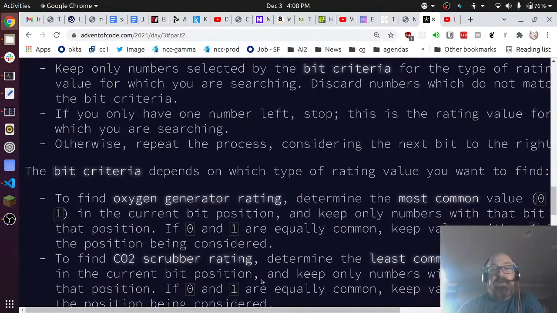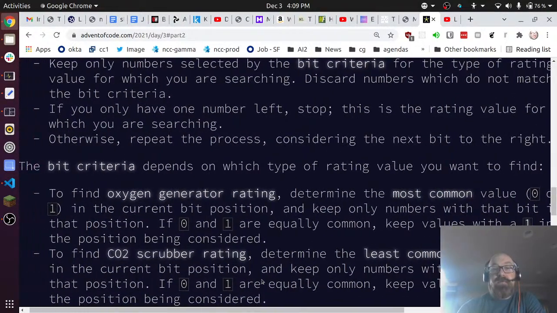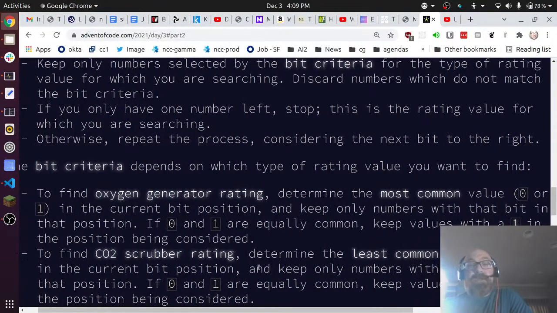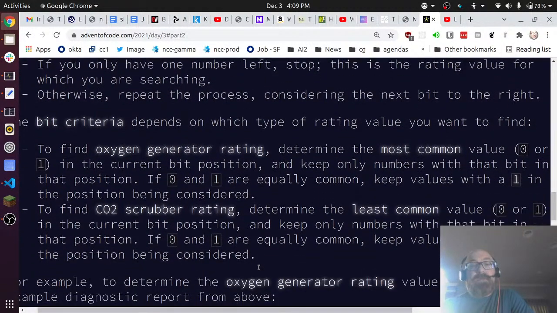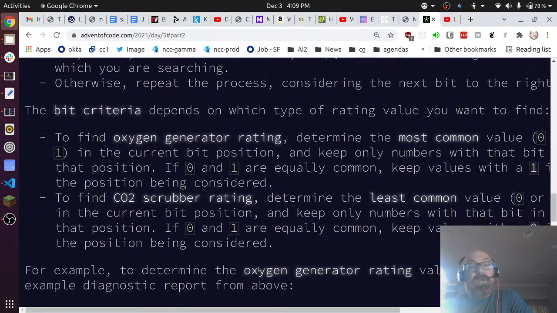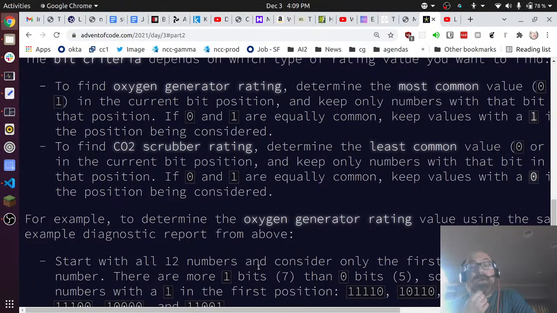The bit criteria depends on what kind of rating value you want to find. To find the oxygen generator rating, determine the most common value, 0 or 1, in the current bit position and keep only numbers with that bit in that position. To find the CO2 scrubber rating, determine the least common value in the current bit position and keep only numbers with that bit in that position. If 0 and 1 are equally common, keep values with a 0 in the position being considered. For example, to determine the oxygen generator value,